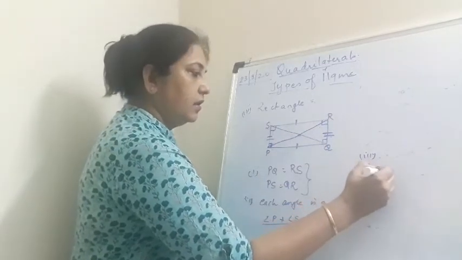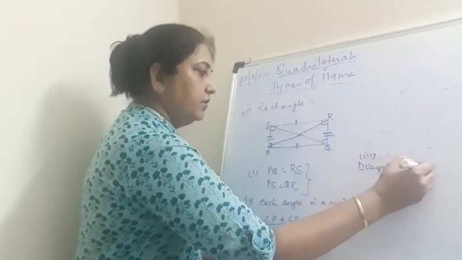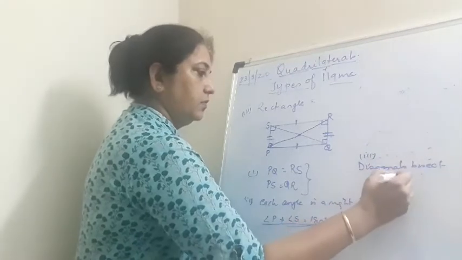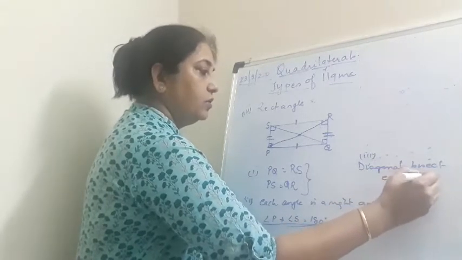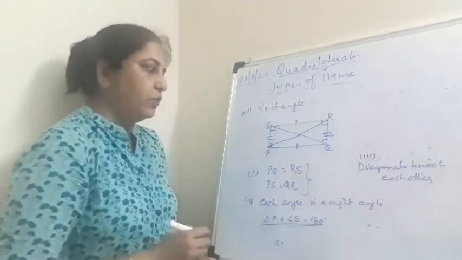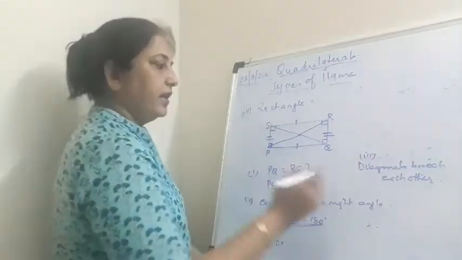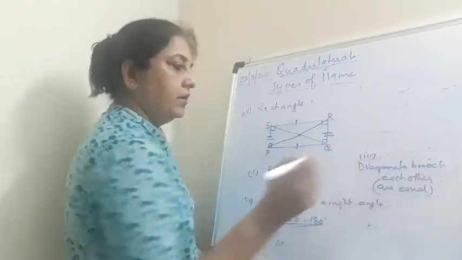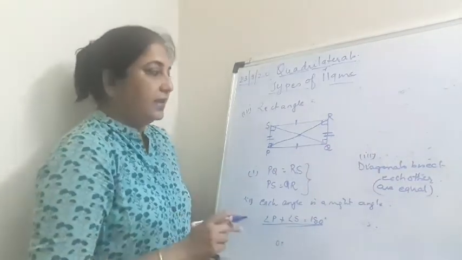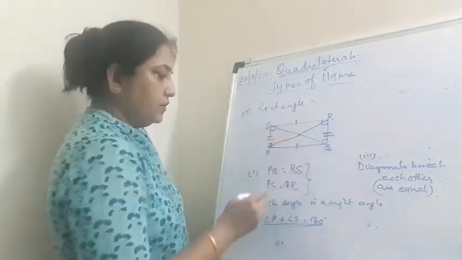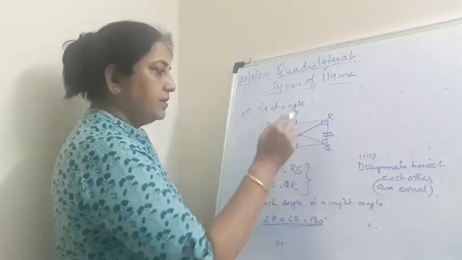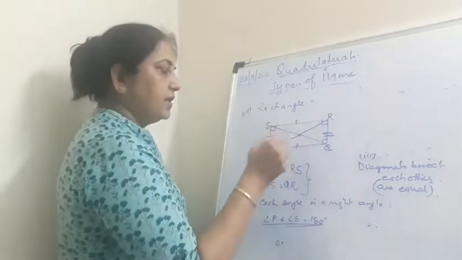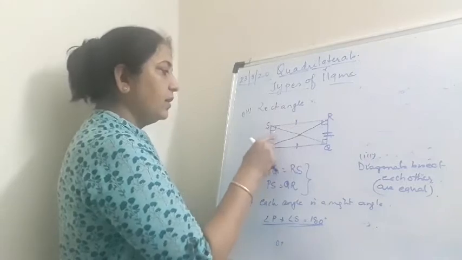Diagonals bisect each other. Yes, and you also know that because you've done this before, diagonals in a rectangle are equal. Okay, then so you have opposite sides equal, opposite sides are parallel also, because when these two angles are